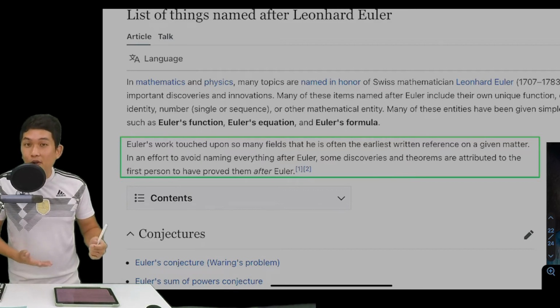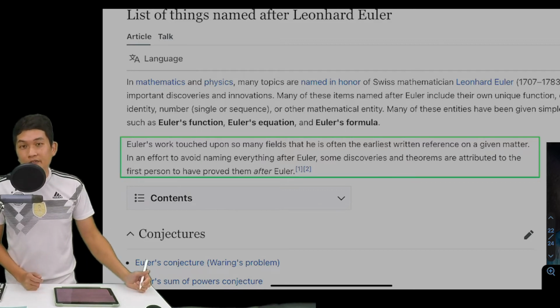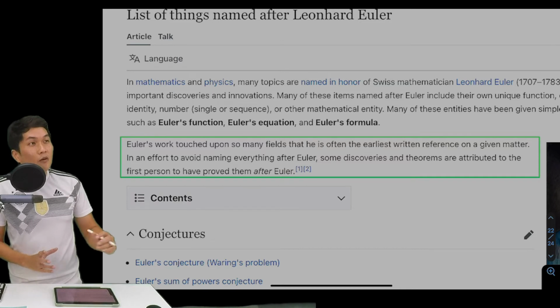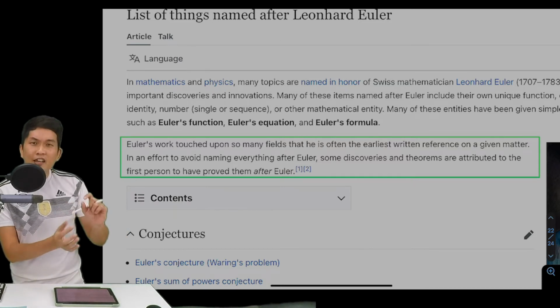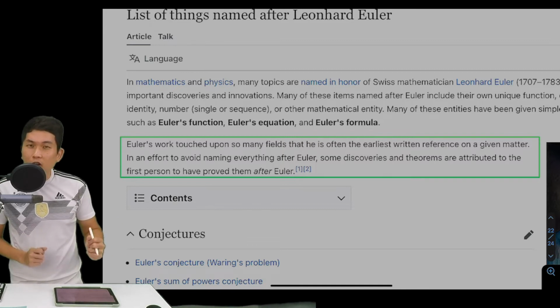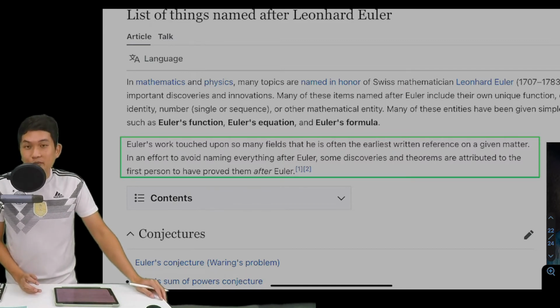Well, guess what? Euler was the first one to discover that fact. Or if you find out something like, wow, do you know that mathematics can be extended to shapes like donuts and Mobius strips and you can use them to solve complex equations? Well, Euler actually did that as well, right?